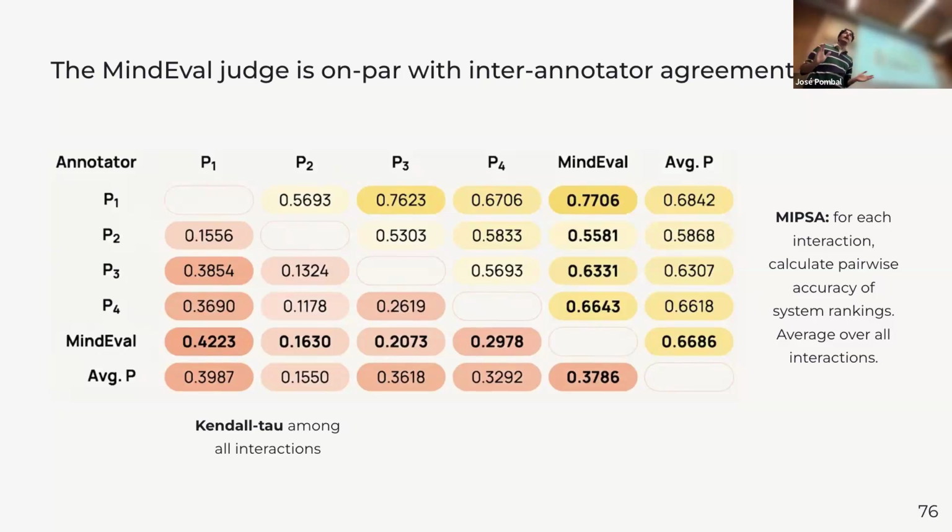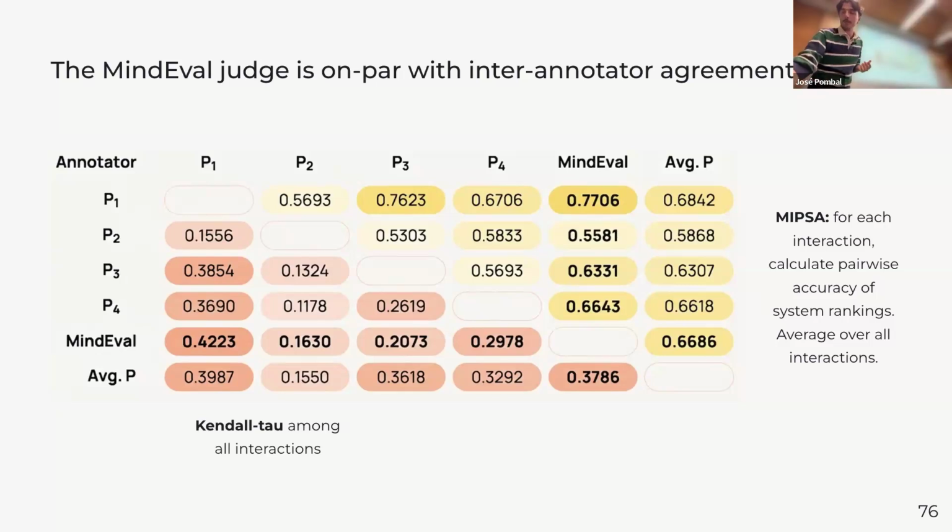And this is not always high. Some correlations, for example with P2, who seems to be a bit of an outlier, are much lower. But in other instances, 0.42 Kendall is quite high for this sort of thing.